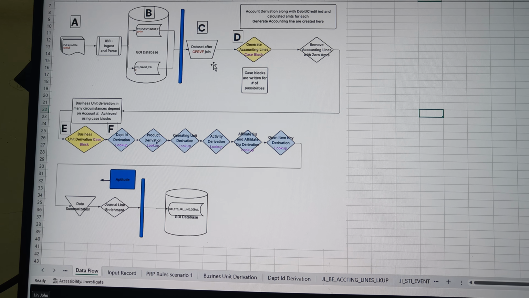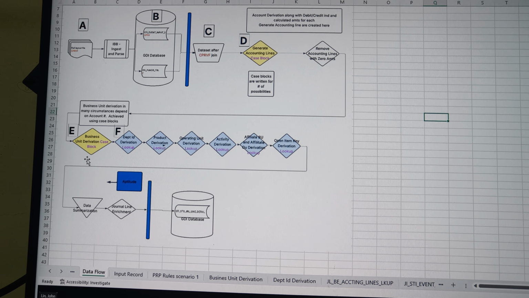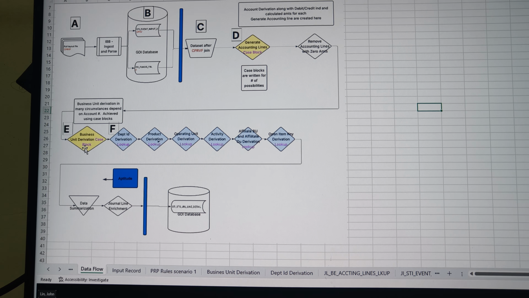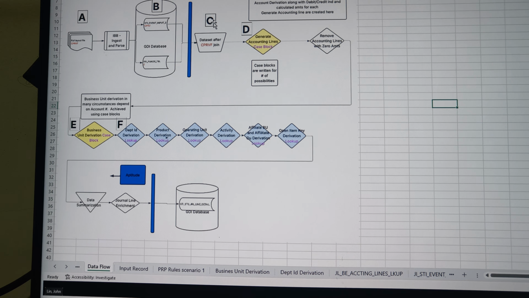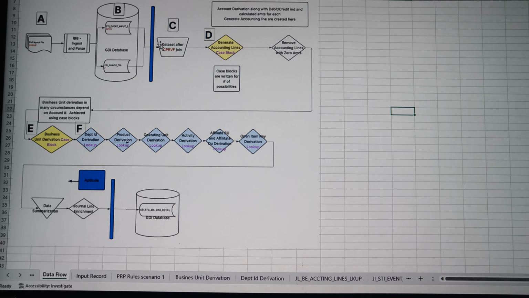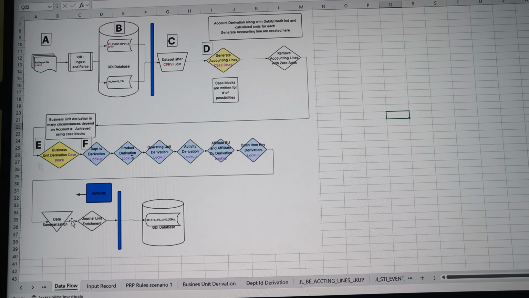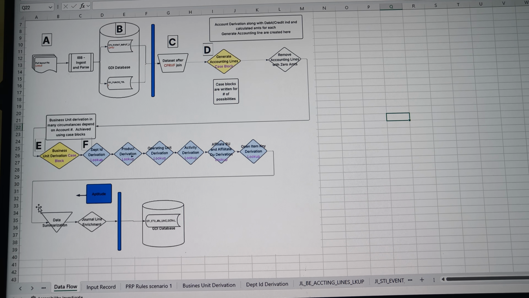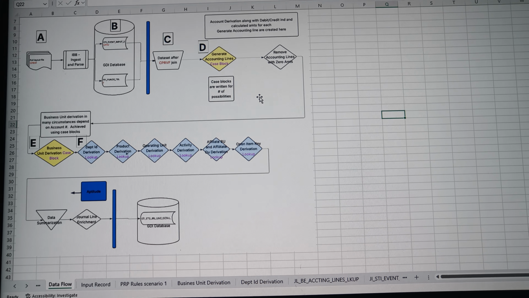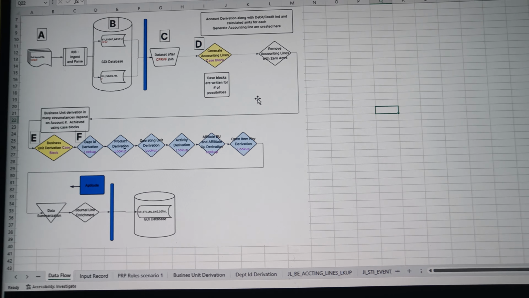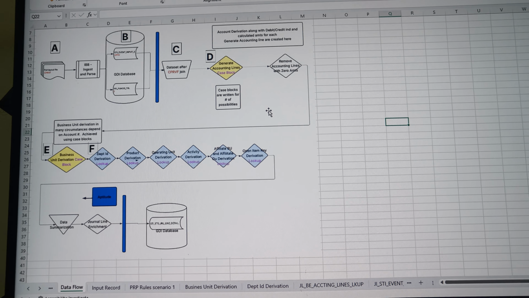Then we have C, D, E, and F. This is what we're doing in Workday. Okay? Before it was Aptitude. You see this between the two blue lines right here? Everything here was Aptitude. Now we're going to be doing this in Workday. Okay? So this is what I drew up when we first had work with